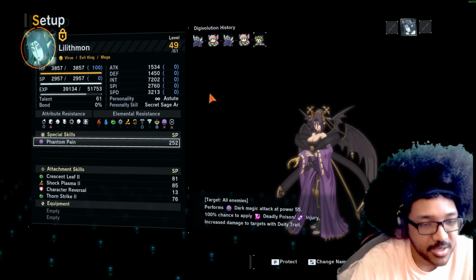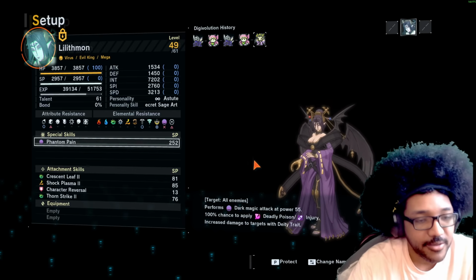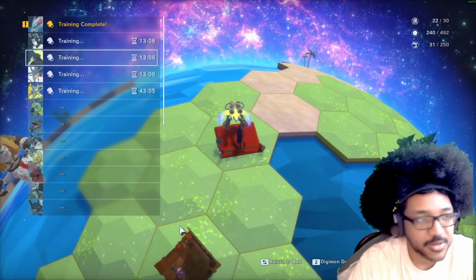Injuries also make it so they can't be healed. So it applies deadly poison and injury. They literally can't heal themselves anymore, and they get hit for deadly poison damage. Not insane for farming, because in farming you just want to one tap it so you can move on, but